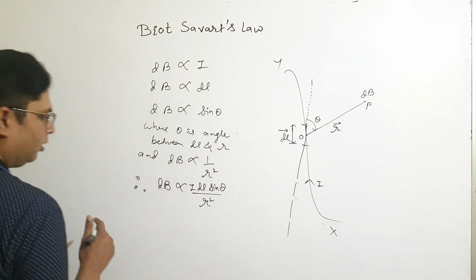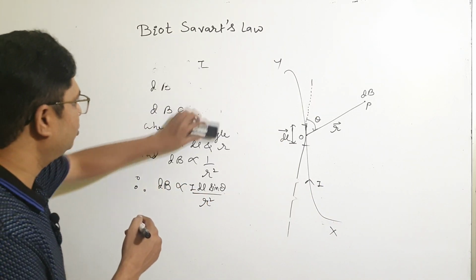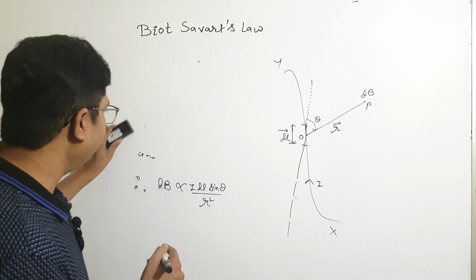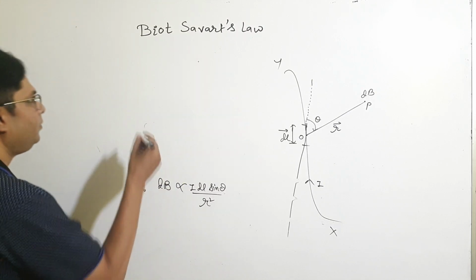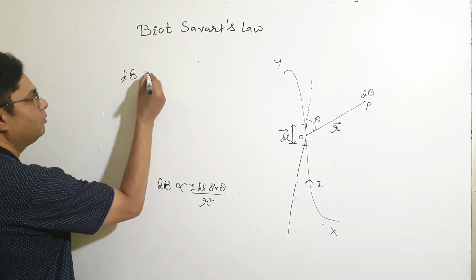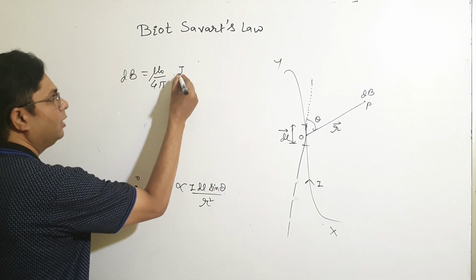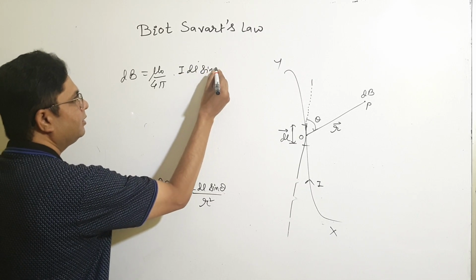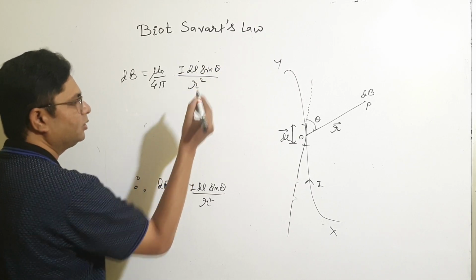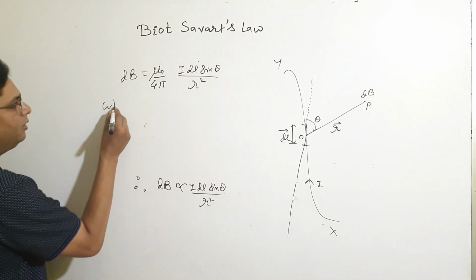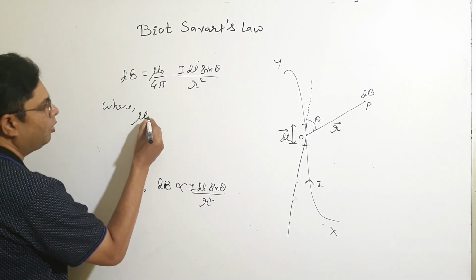When you remove the proportionality sign, you write the next line: dB equals mu naught upon 4 pi, I dl sine theta upon R square,